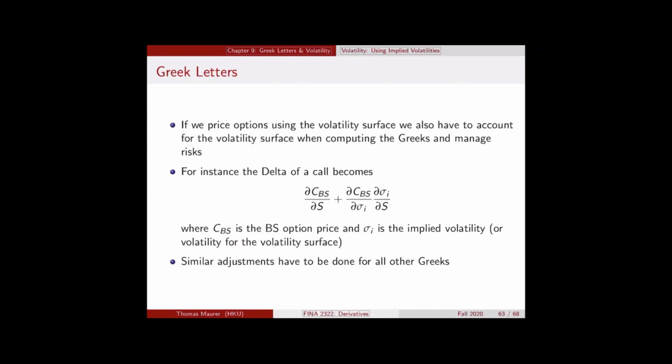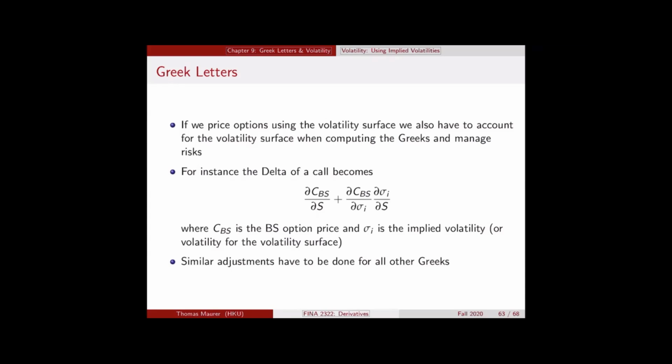Notice that if we have a volatility surface, then we also have to think about what happens to Greek letters. Why do we have to think about that? Think again about the delta of an option. The delta in particular here of a call option tells you by how much the call price changes if the price of the underlying changes a little bit. This is now tricky. Before we said, well, okay, we just take the derivative of the Black-Scholes call price with respect to S, and that gave us exactly that probability under the Q star measure